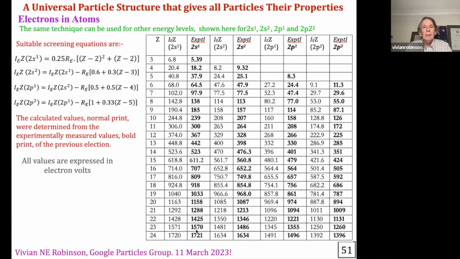It's a little bit better than what was obtained from the Rydberg equation by the time you got down to here. Same thing with 2s1, 2s2: 400, 398, 1218, 1213, 1634. The same with 2p1: 211, 208, 480, 479, 754, 756, and so on, including the 2p2 ones, 1250, 1260, 1392. So all I'm suggesting out of this is that the orbits are not quantized because of